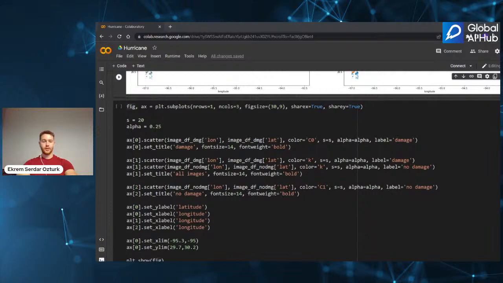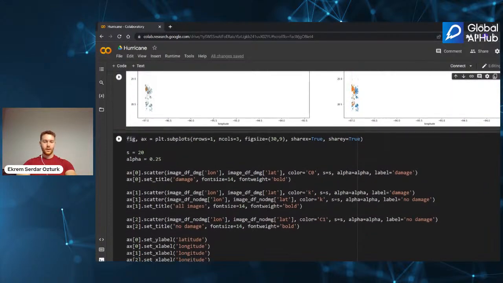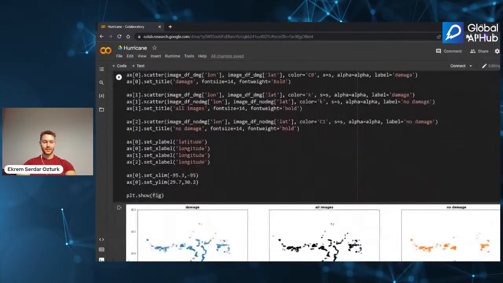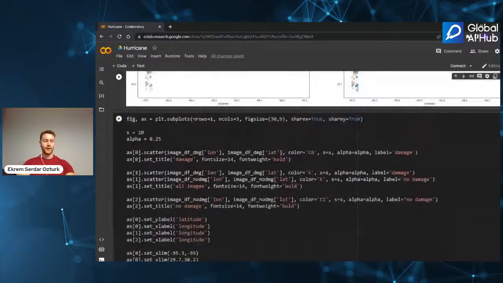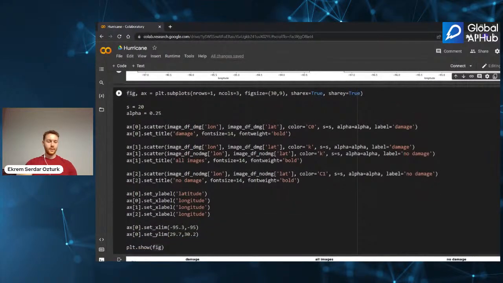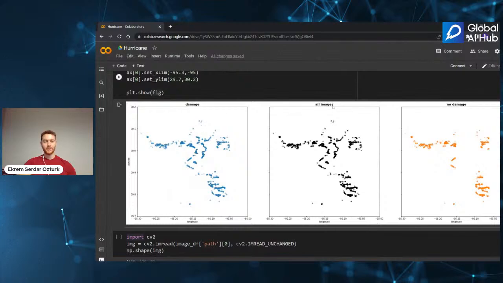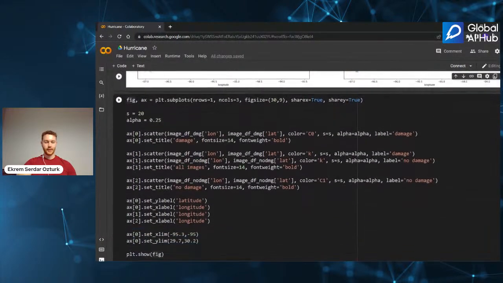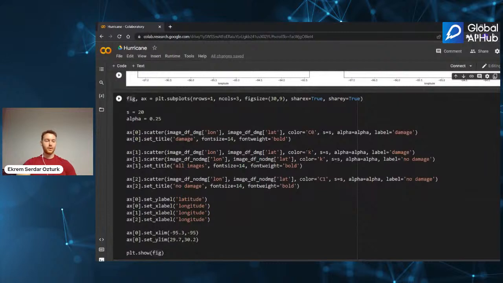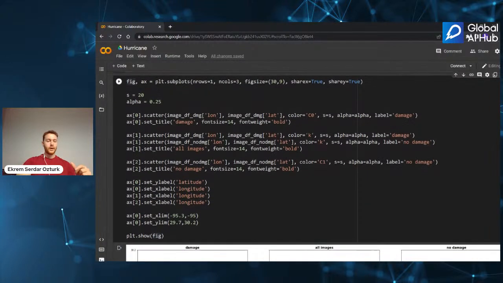Any questions still here? I hope not, because we are just showing the data. All right, so again we do the same, but this time we show damaged images, all images, and non-damaged images by longitude and latitude. How do we do this? First, we created a subplot with 1 row and 3 columns, and the figure size is 30 by 9.